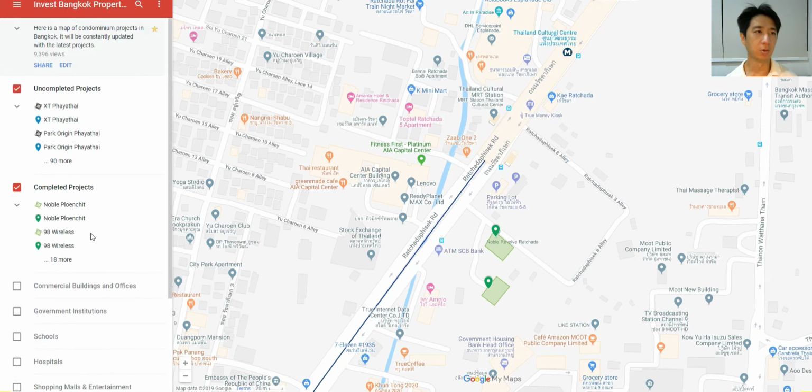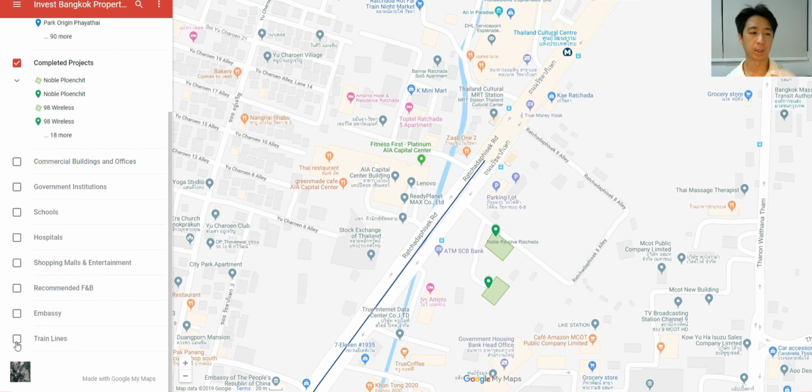Okay, so now you look at our Invest Bangkok property map. What you can do is click this button called train lines. Actually, when you click other things like commercial buildings and government institutions, we will show you where all these buildings are, so you can better understand the area. It's just Kevin and myself trying to fill up this map, so do pardon us if in certain areas we fall short of finding out where all the government institutions, commercial buildings, hospitals and schools are. We're trying our best to plot everything so that our clients and anybody who's using our map can